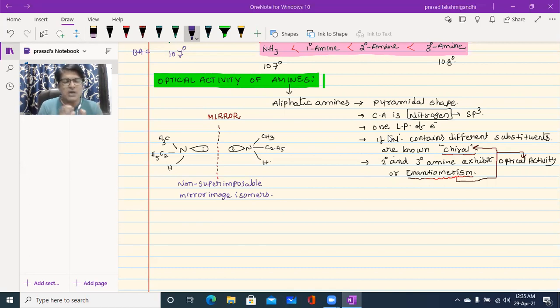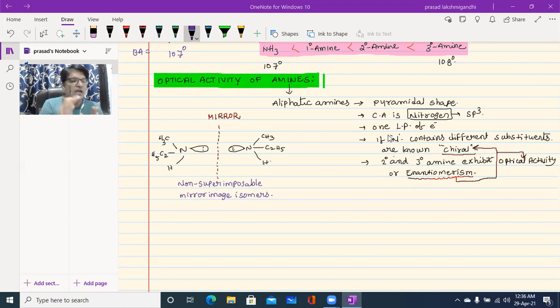Now let us see one more example in which what I am going to say is that chiral amines cannot be resolved. Why? What is the main reason these chiral amines are not going to be resolved? Unlike compounds containing a chiral carbon, chiral amines mostly cannot be resolved. The main reason is the two enantiomeric compounds. These are the examples I gave, the first one and the second one.